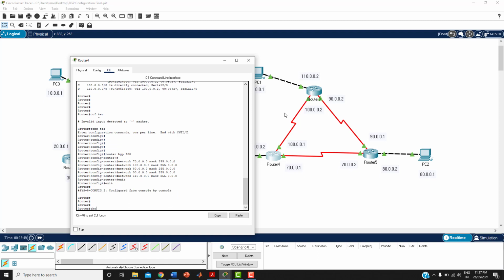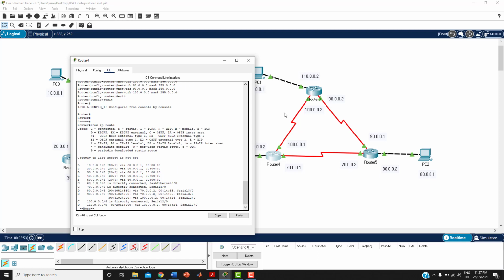So you can see the routing table now. Show IP route. If you display the IP, that means the routing table, we are getting all the networks by using B. You can see the code here. What does B stand for? You can find it here. C is directly connected. So B stands for BGP. So using the BGP protocol, they are able to communicate with each other, and your network is completely converged now. So the routing table is completely converged, and all the networks in your topology we are finding here.